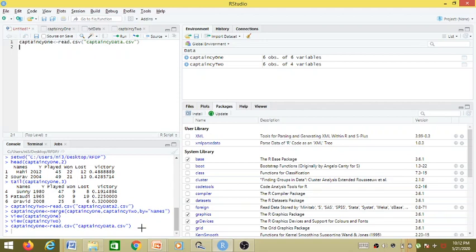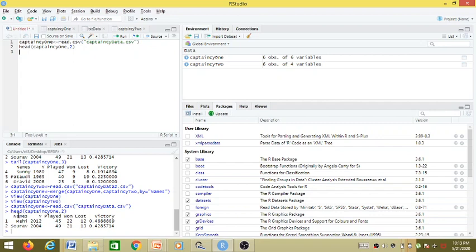So suppose we have the head function over here, and as arguments we are providing captaincy 1 and the number of rows. If we run this, you can see here the first two rows of the captaincy 1 data frame have been displayed.